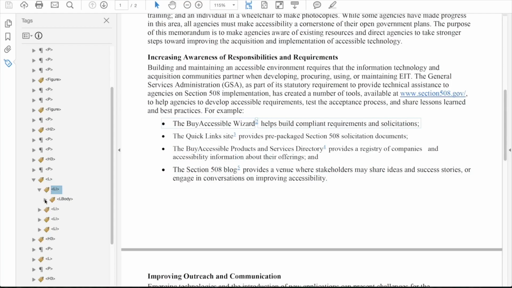Inside the L body tag, I can tell that the content includes the bullet that explains what type of list this is, the actual content of my list item, and one of those EndNote reference numbers. This brings me to one of my biggest pet peeves with PDF accessibility. The specification for PDF states that providing labels for lists is optional, so authoring programs like Microsoft Word don't differentiate between what type of list it is.